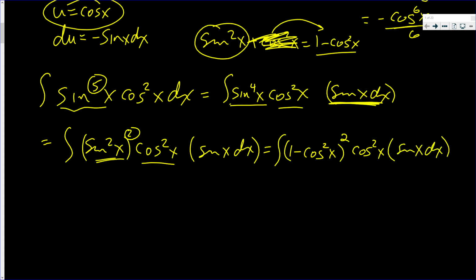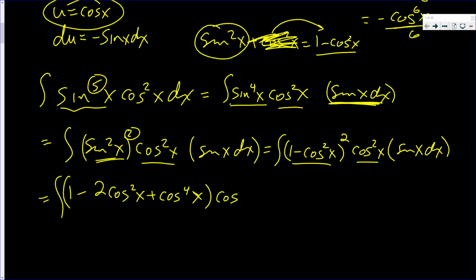I'm going to FOIL this out. I'm going to end up with powers of cosine x's times cosine squared x. I'm going to get 1 minus 2 cosine squared x plus cosine squared x squared, which is going to be cosine to the 4th,